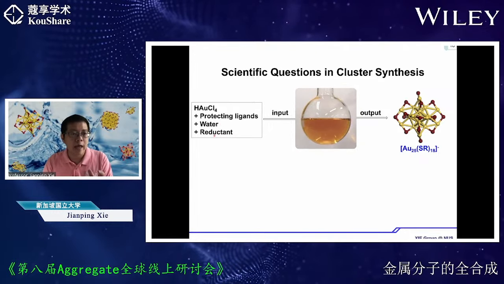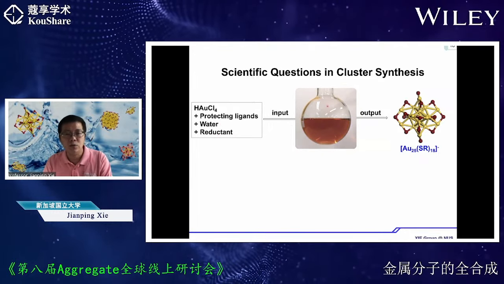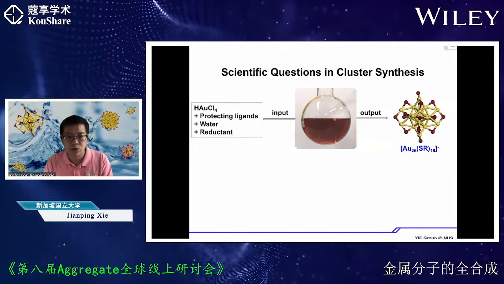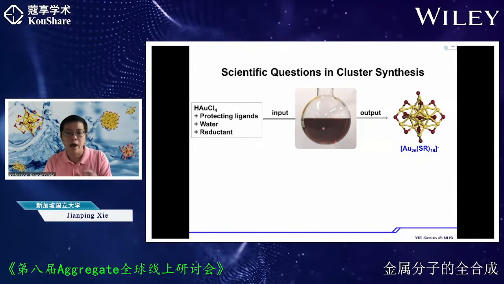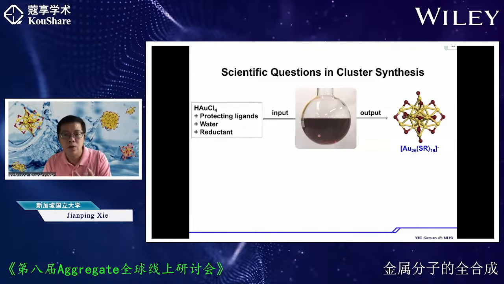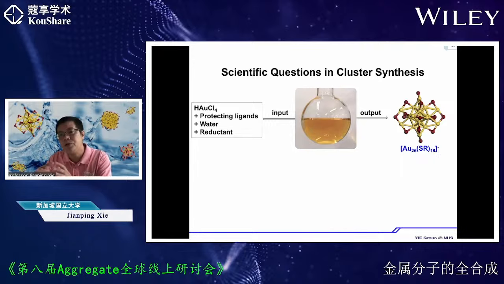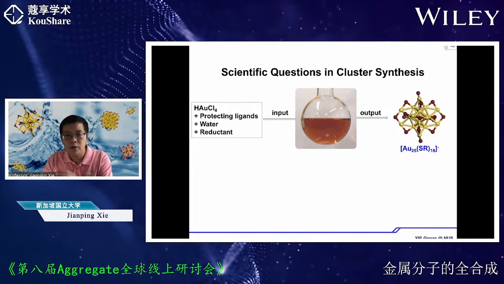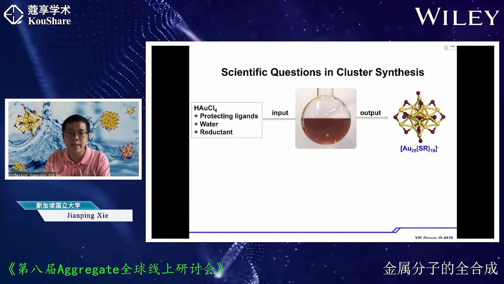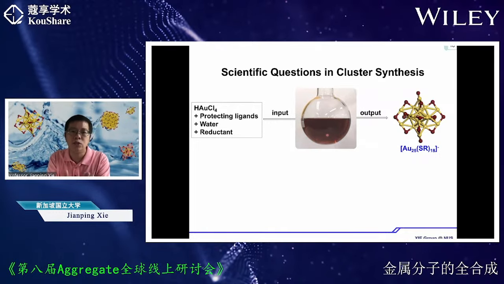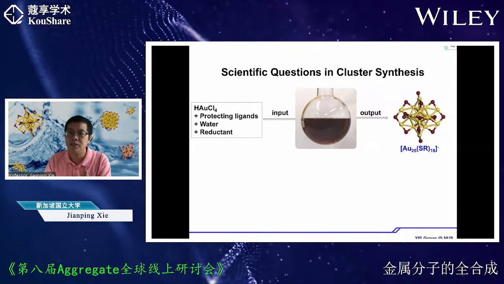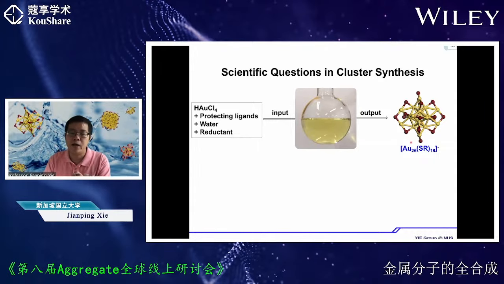After we add a reducing agent in this reactor, we can start to see the color change: from yellow, to orange, to brown, and finally to reddish brown. So the synthesis is very simple. After 10 minutes, you can open this reactor, and we can precisely obtain our final products.